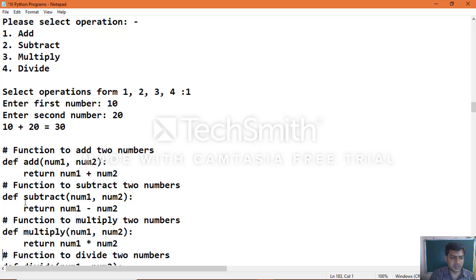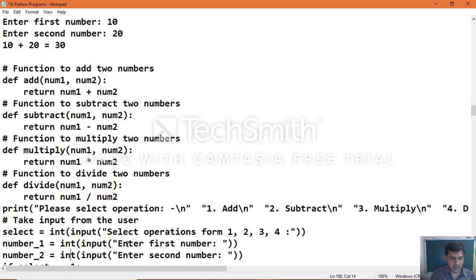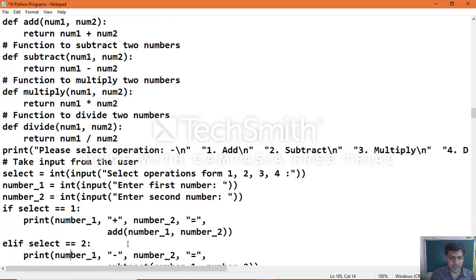Same way subtraction: instead of add, write subtract, with num1 comma num2, which returns num1 minus num2. Function to multiply two numbers: def multiply of num1 comma num2, return num1 into num2. Now we'll see the function to divide two numbers. Same way division. Now print, please select operation.